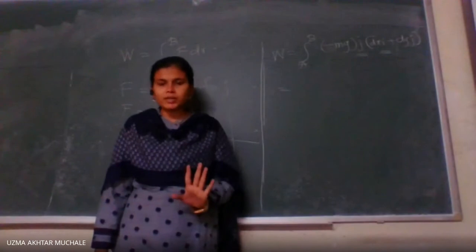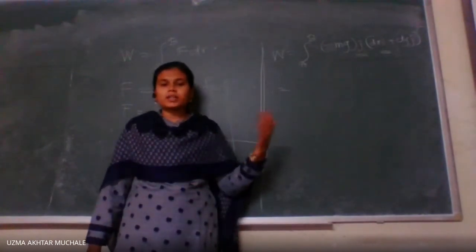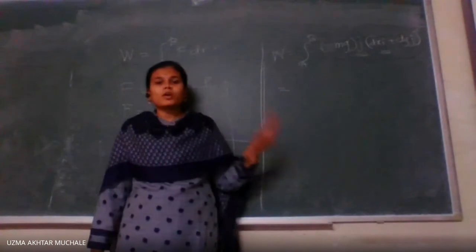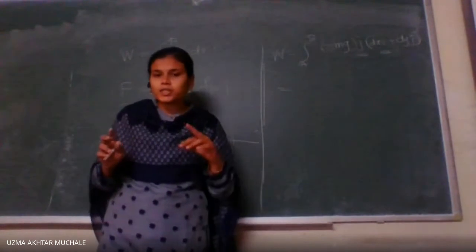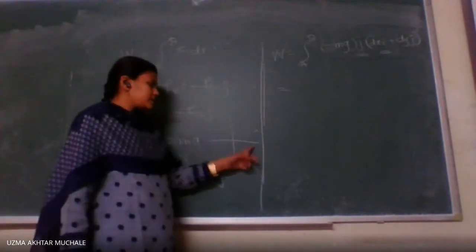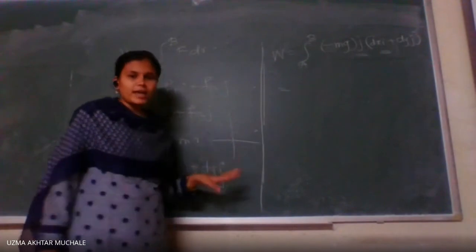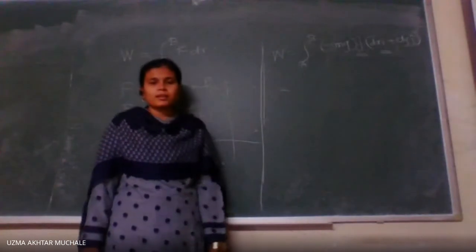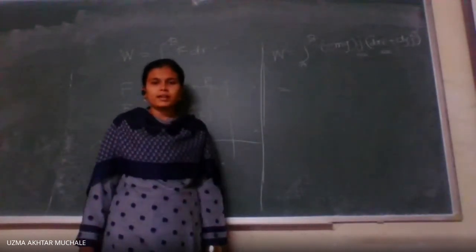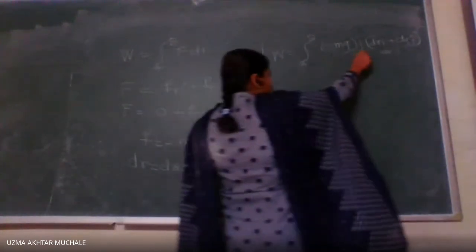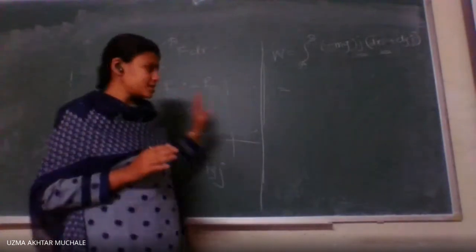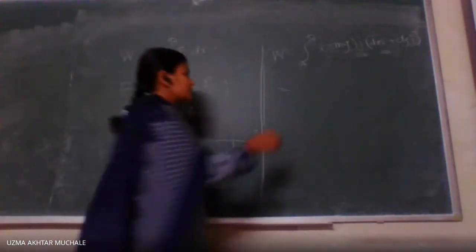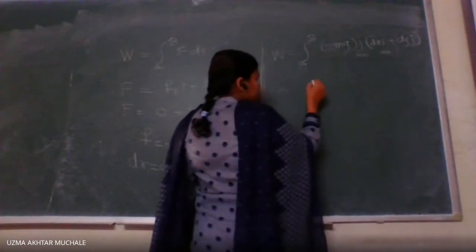Mod i, mod j will obviously be 1, because i and j are unit vectors, so their modulus will be 1. Cos theta means what? Theta is the angle between both the vectors. What is the angle between i and j? Because they are vectors in the x and y directions, the angle between i and j is 90 degrees. So cos 90 is 0, and i dot j will be 0. No doubt it will be k in three dimensions, but we are here discussing only two dimensions. So i dot j will be simply 0.